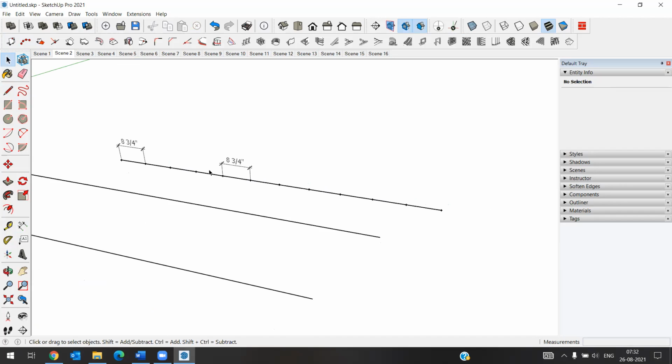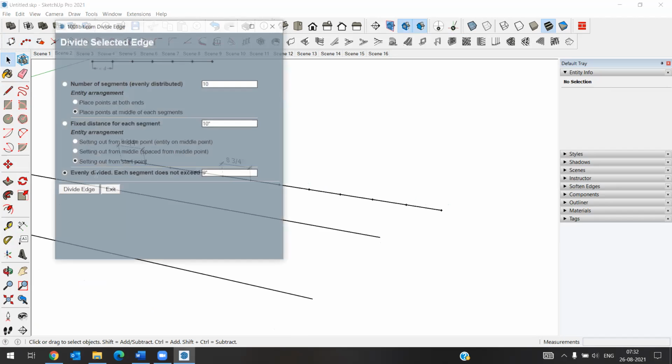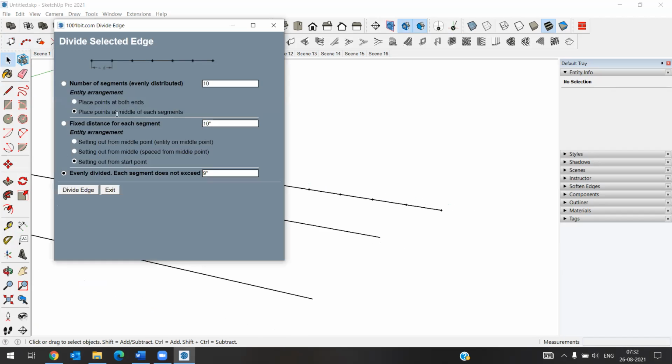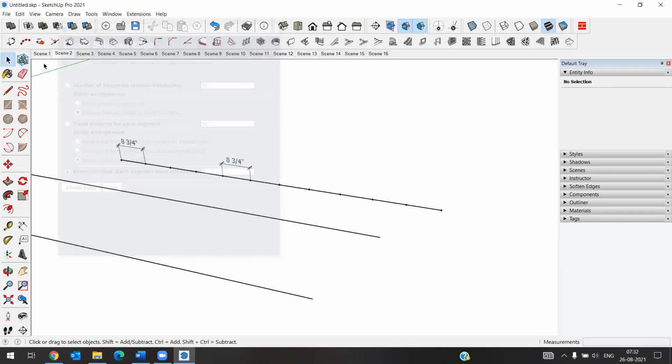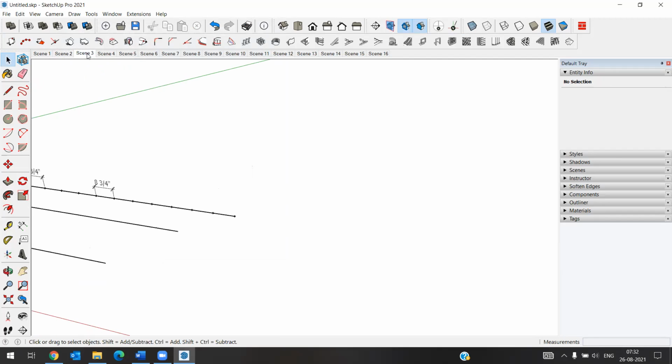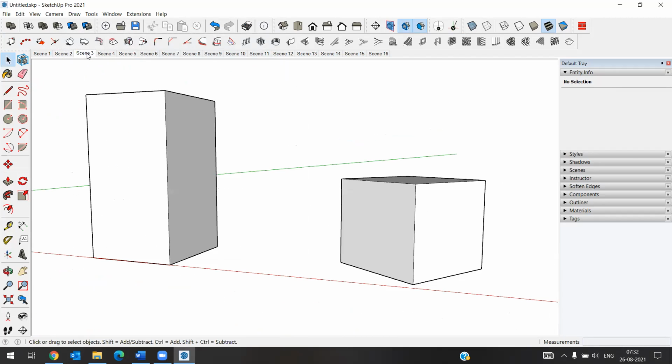That is about the second tool. So like this, we'll have three options here. So that is divide selected edge. And third one is align selected entities. So it is like an aligning tool.